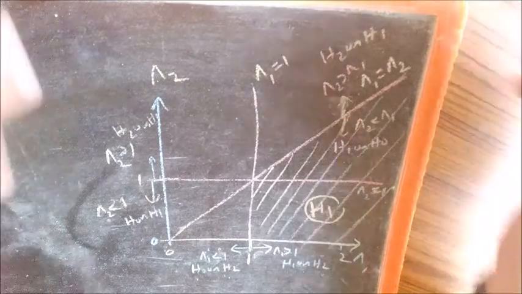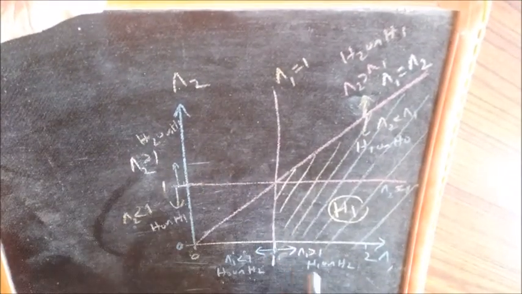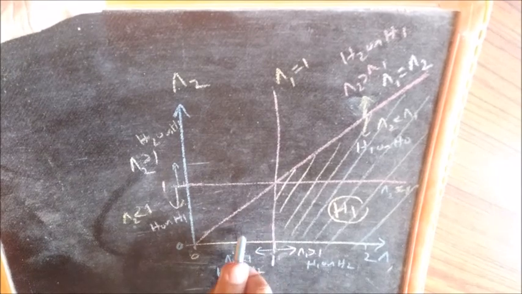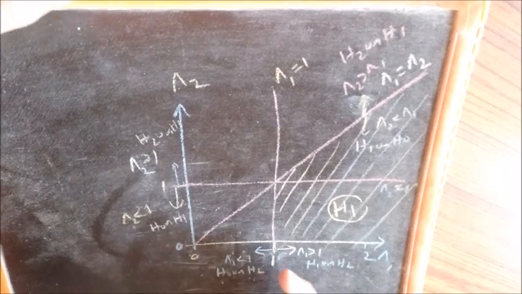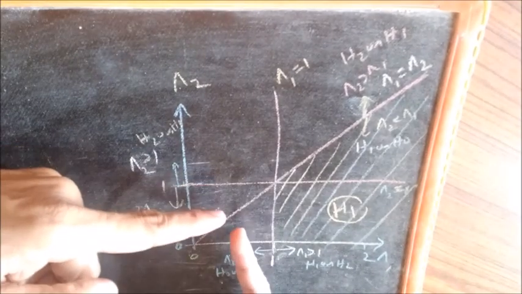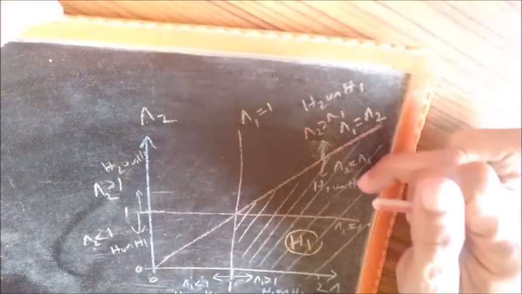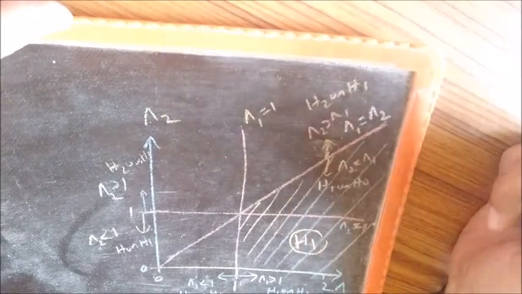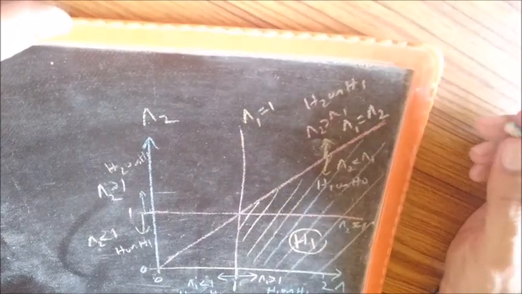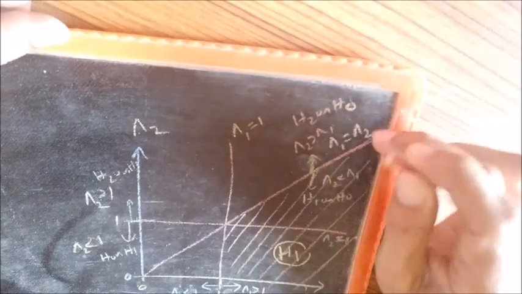Similarly, you can see that below this, it is H1 or H0. Here it is H1, H0, sorry, this is H0 or H1. This is H0 or H2. So both these lines say that this side is for H0, and on either side of this line, it is H0. So we can say that this is in fact H2 or H0. I think I made a mistake here.